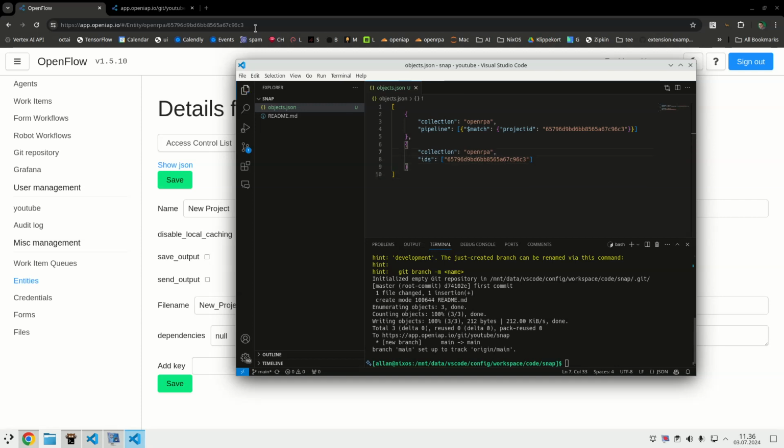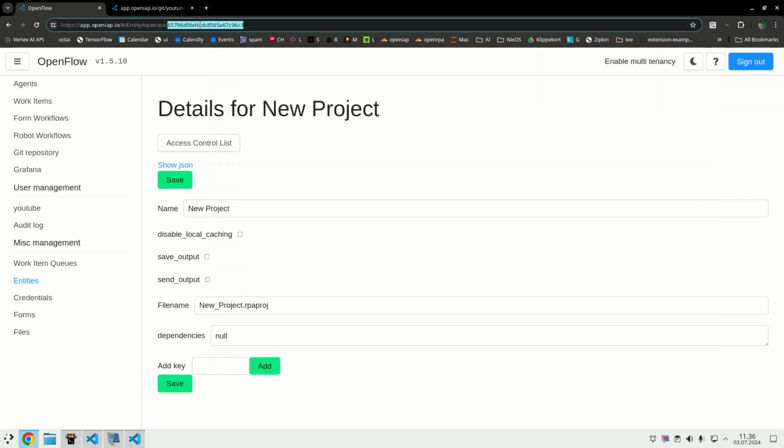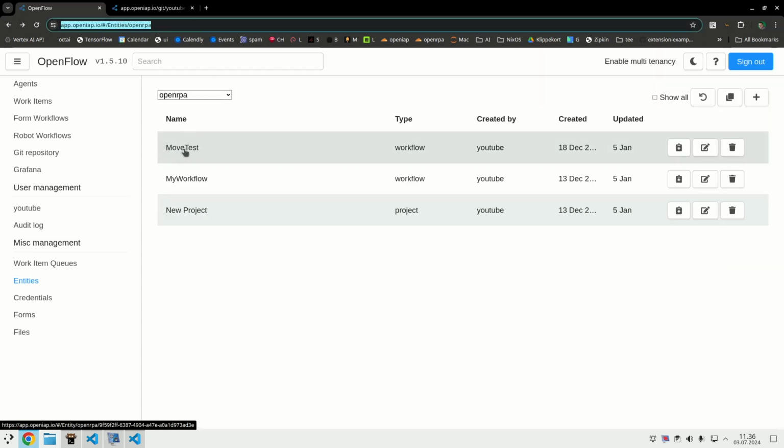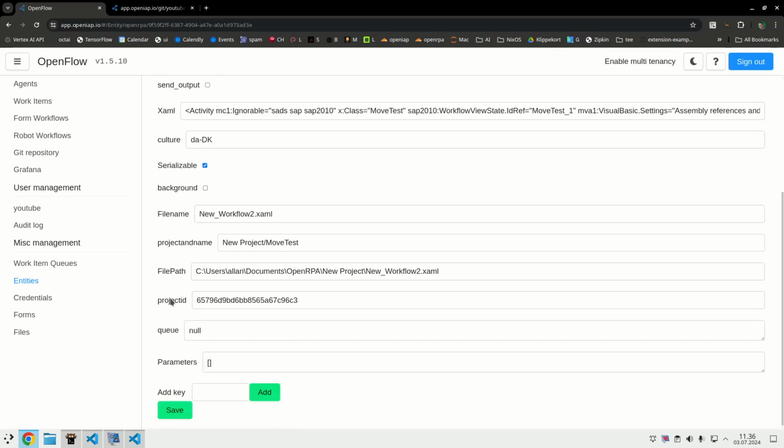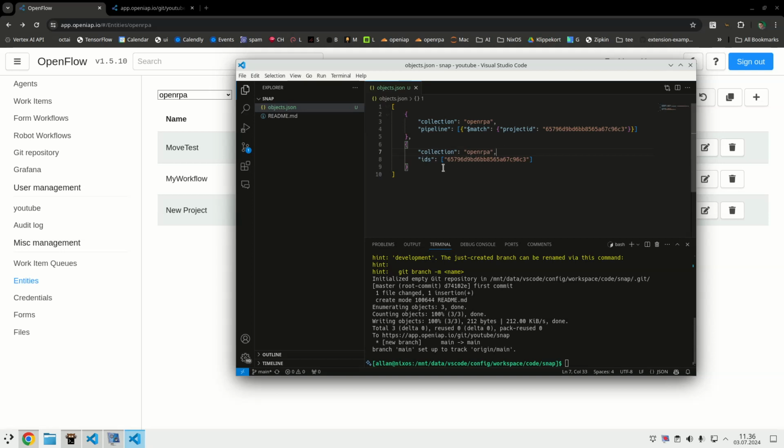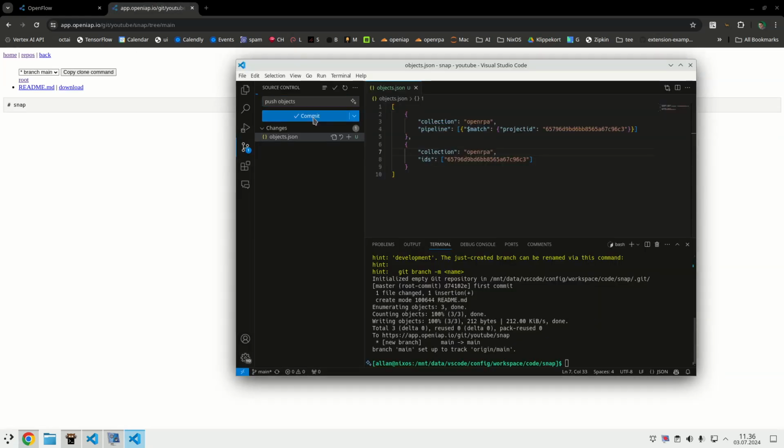So I have now selected that I want the project, and I have a match that says give me everything that is using this project ID. So as you can see inside here, we have a project ID that matches that project. So if I push this to my Git repository,